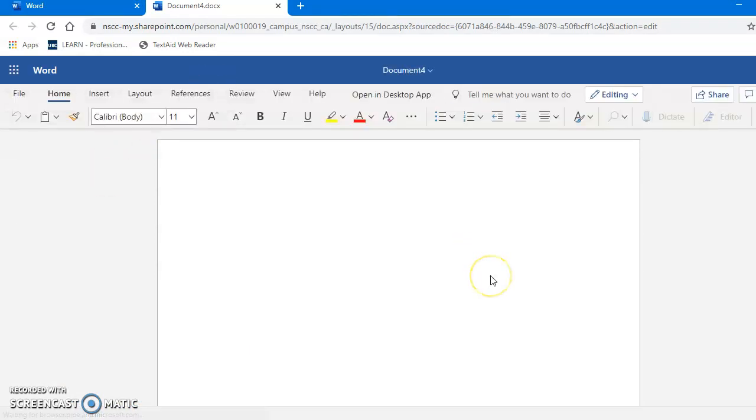So Microsoft Word is a place where you can create a document, and it's good to know how to use this application because a lot of post-secondary institutions do use this for papers and assignments and that sort of thing. So just to show you a few things here,